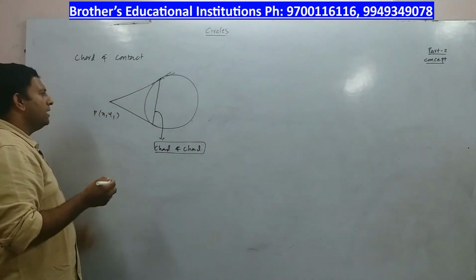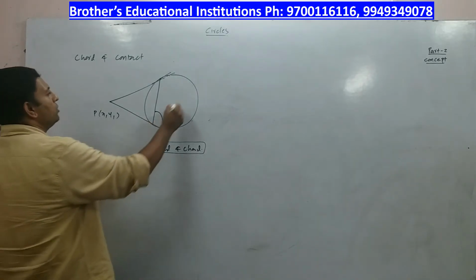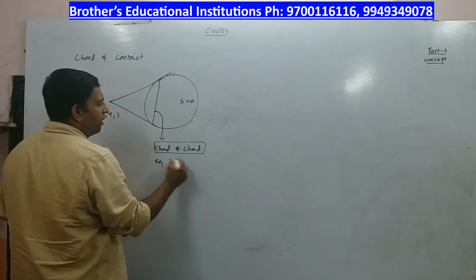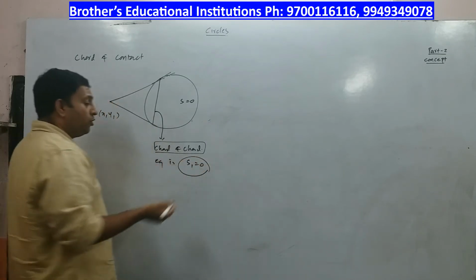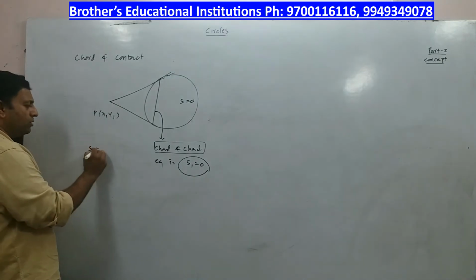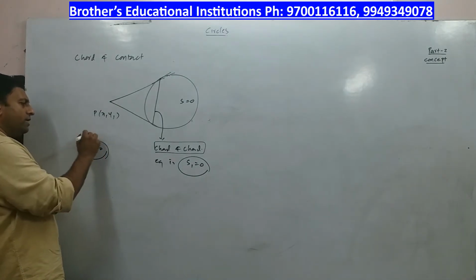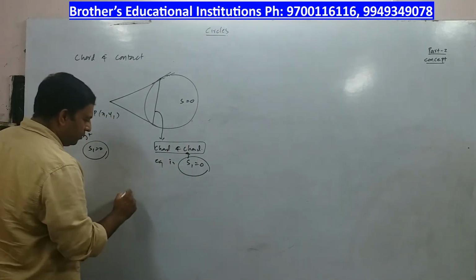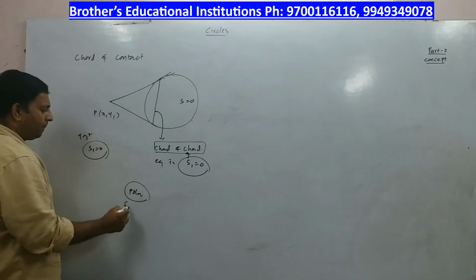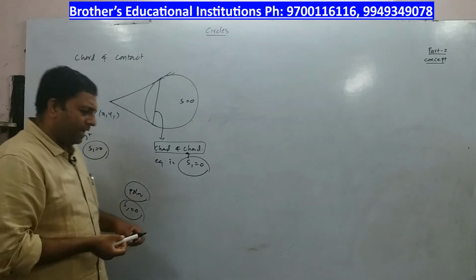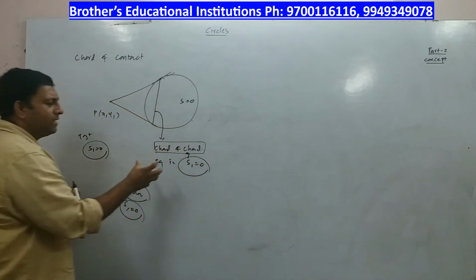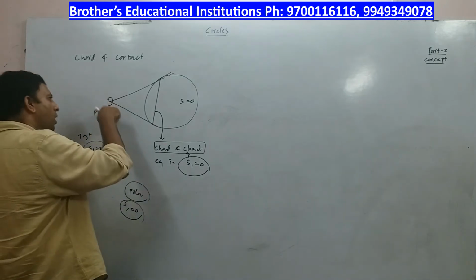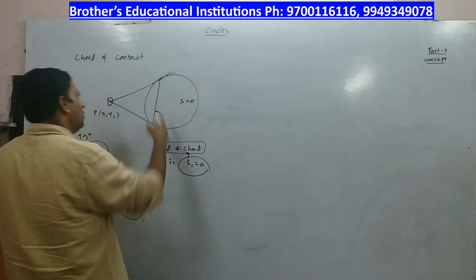Now the question here is, if P is (x1, y1) given to you and the equation of circle is S is equal to 0, then the equation of chord of contact is S1 is equal to 0. Now you may wonder, what is this S1 is equal to 0? Just now I told it is an equation of tangent. Now you are telling it is an equation of chord of contact. In another few minutes I am going to tell you that S1 is equal to 0 is the equation of polar. What is this, sir? What is this S1 is equal to 0? See, please try to understand. S1 is equal to 0 is nothing but a notation. It depends on where the point is. If the point is outside, then when you find S1 is equal to 0, you will get a chord of contact.